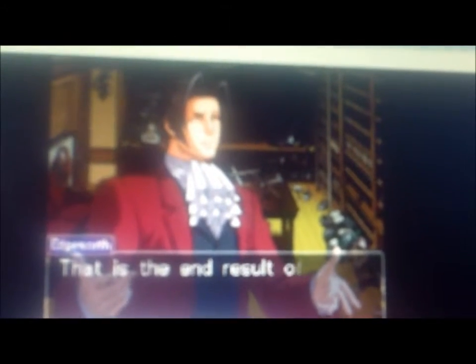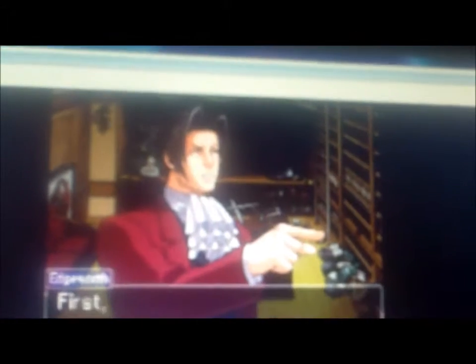If you think about it carefully and use logic, it should become clear to you. Logic? By finding a connection between two pieces of information and connecting them, new information is born. That is the end result of using logic. So how do you use it?